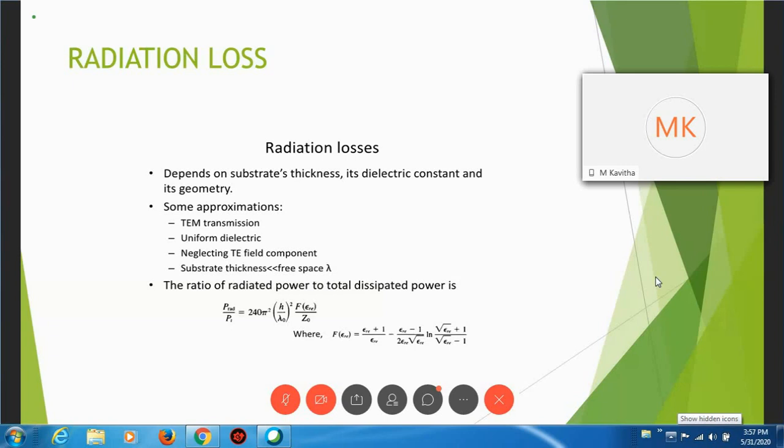This polarization causes the dissipation of energy, so you get some loss, called dielectric loss. The third type is radiation loss, which occurs at higher frequencies. It depends upon the frequency, dielectric constant, circuit configuration, and many things. Next slide is